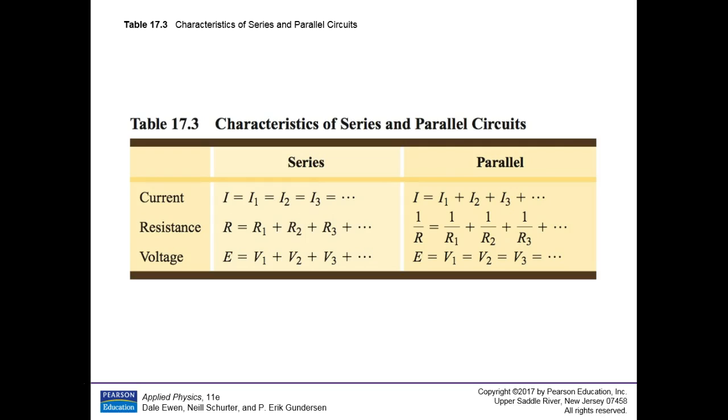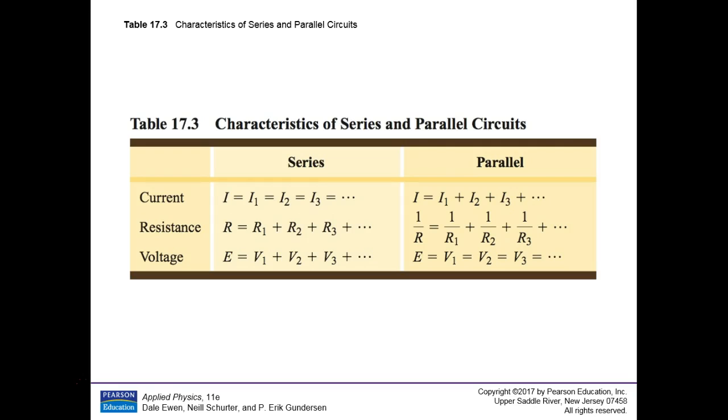Your parallel circuits, now this is different. You have the battery or the voltage supply providing the voltage, okay? And then it goes out and the current splits and goes through each resistor. So each resistor has its own current, so the total current is the sum of all the currents. Unlike the series where it's the same current through them all.